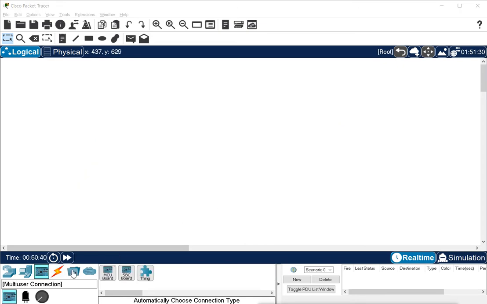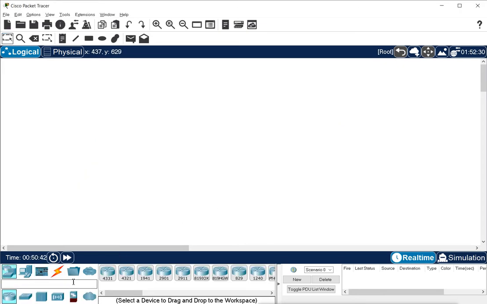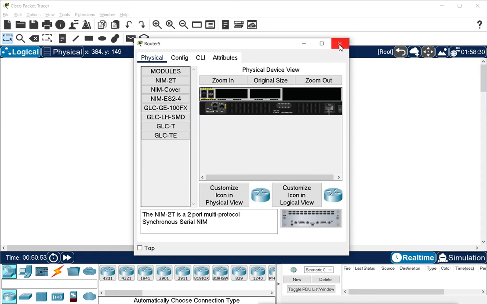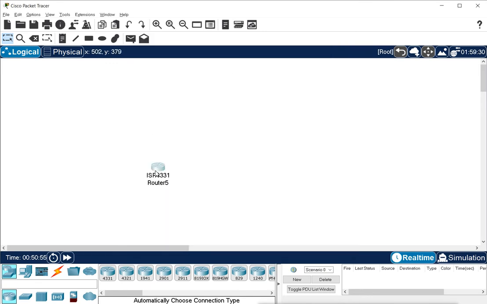So these are the devices we have here in Cisco Packet Tracer, which we can use to configure and practice. Then these are the tools we use. This tool is to move the device. Suppose I choose one device here and I want to move it anywhere, we have this selection here. And this option is to search or inspect, so you can select this router to inspect.